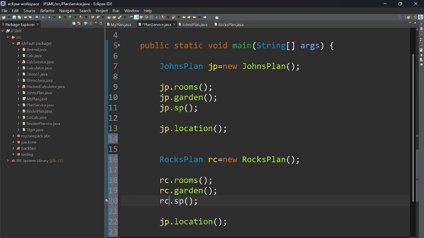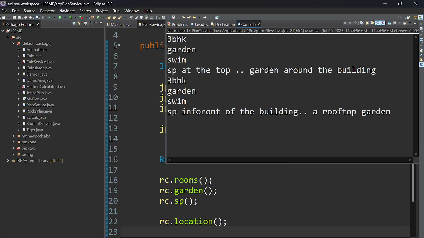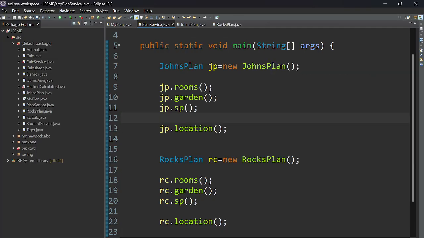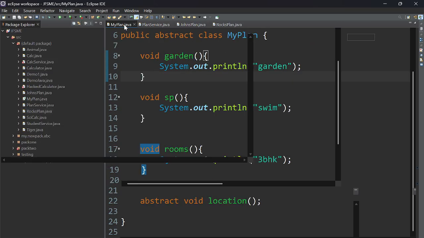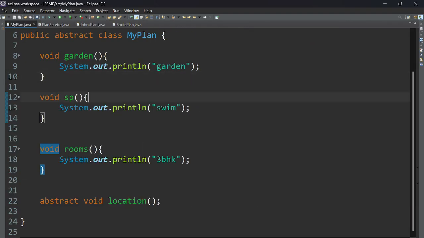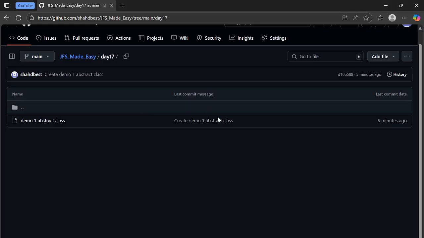So what has come into picture is the abstract classes. The other methods are being reused, and only one method is being modified according to our requirement. So this way we can bring in the concept of abstract classes into picture. Let me also share this with you, where we cannot directly create the instance of an abstract class, but